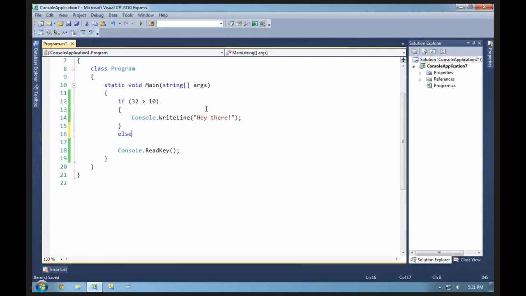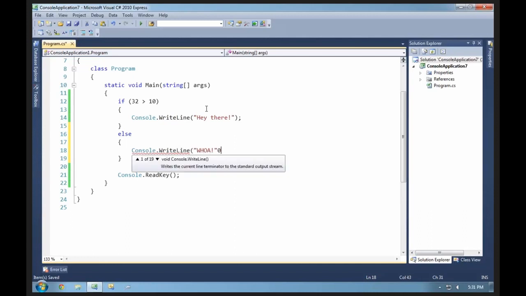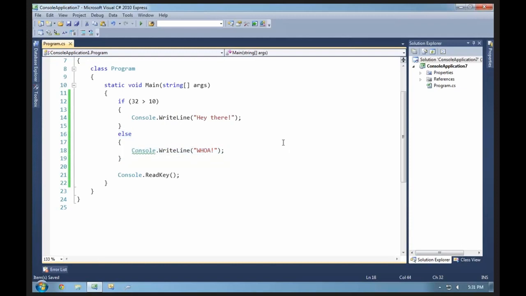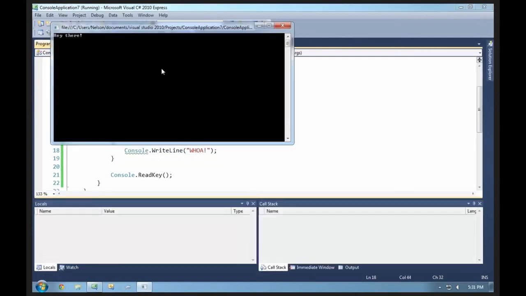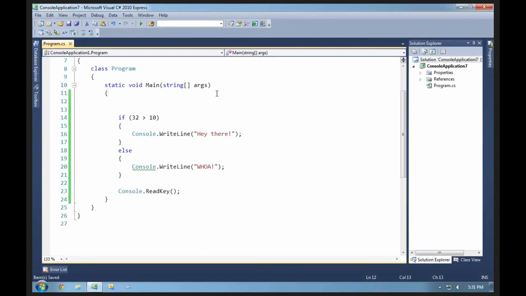We have else statements. Else statements are statements directly preceding or after an if statement that will execute if the if is not true. So as a result, you see that the proper if statement is evaluated to true. And of course, they become